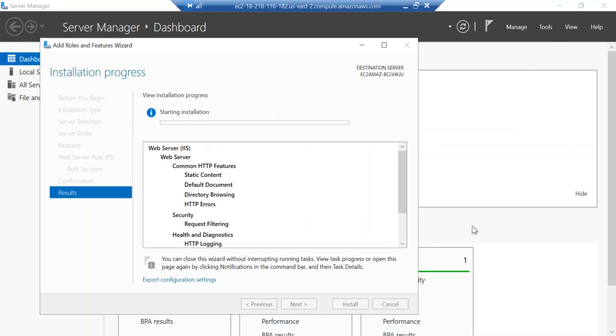Now your web server installation is in progress. It will take a couple of minutes for installation.